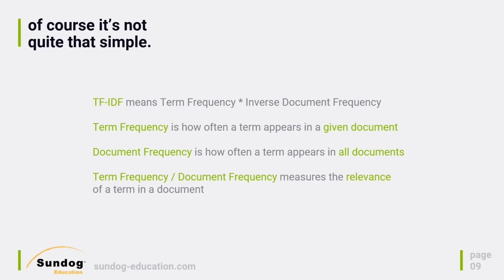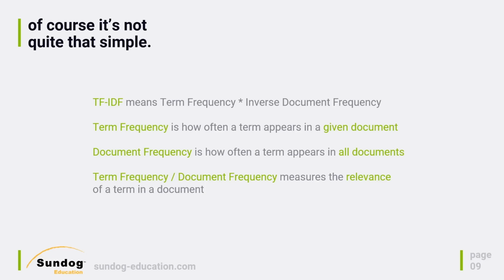Or if the word "the" appears frequently in a document, it would also have a very high term frequency. Now, document frequency is just how often a term appears in all of the documents in your entire index. So here's where things get interesting. The word "space" probably doesn't occur very often across the entire index, so it would have a low document frequency. However, the word "the" does appear in all documents very frequently, so it would have a very high document frequency.